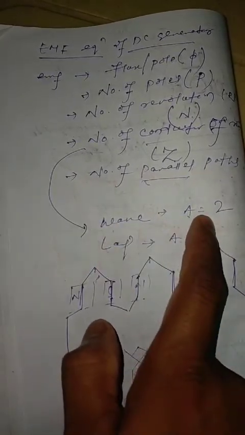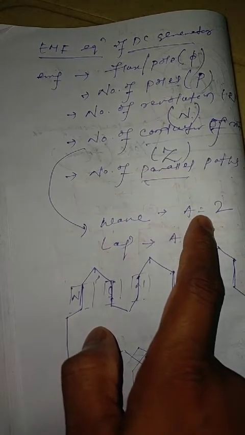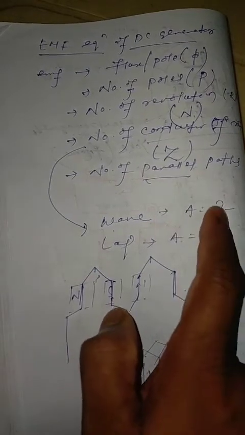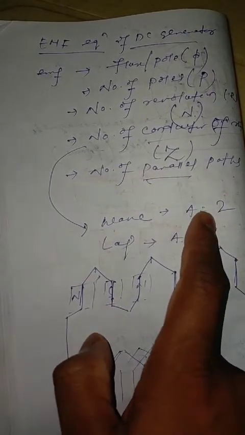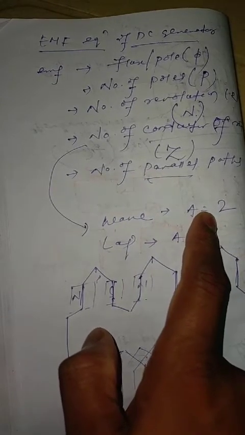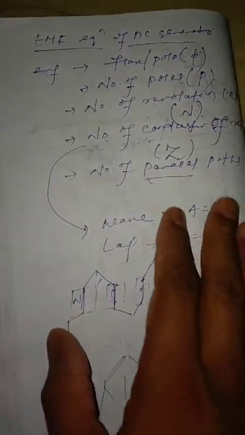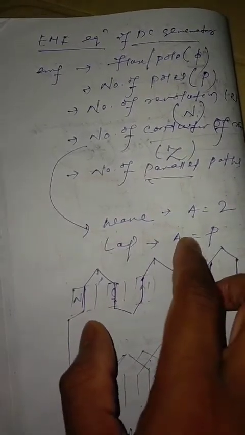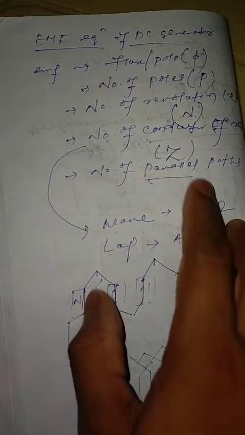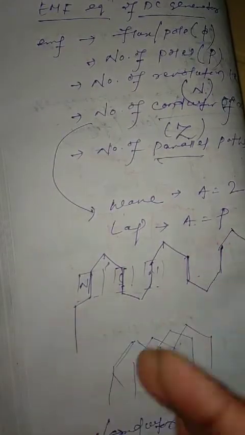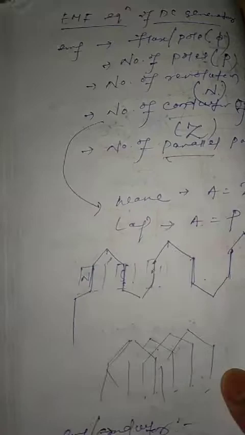And again, where we need to get more voltage and less current, we have to go for another kind of connection, known as wave winding. So ultimately we have two types of armature conductors: one is lap connected, one is wave connected. According to the number of parallel paths, the EMF will always be calculated, and the EMF finally depends on these factors. Clear? This is a rough structure I have given. This is the shape of wave, this is the shape of lapping. Lapping means one upon another. So this is the case of lap connection.